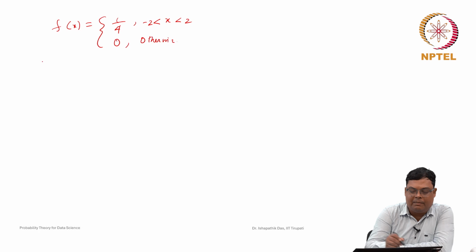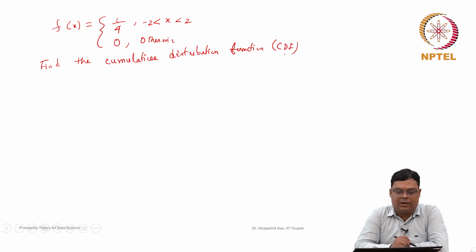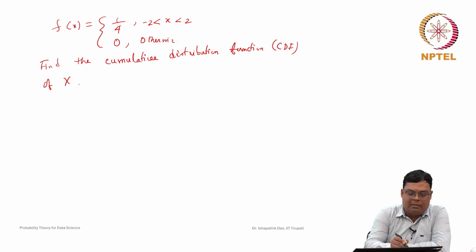So, then what will be the cumulative distribution function, the CDF? Find the cumulative distribution function of the random variable X. We define this cumulative distribution function F_X(x), it is nothing but the probability that X is less than or equal to x